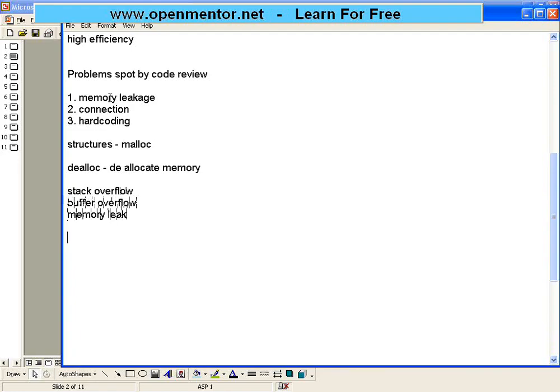So these kind of problems, they can be avoided through the code review. Either you can manually do a code review or you can use tools for code review. So when you do a review of your code, at the very first page you have used malloc. If you have not used dalloc, you can immediately add a dalloc and prevent the memory leakage. So it's a cross verification. Or any connection that has been opened by your web application is not closed, that also you can detect.